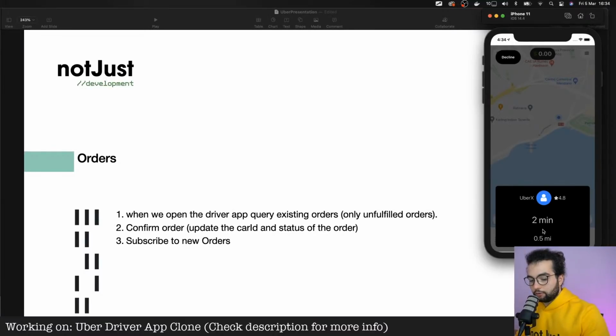So we need to implement fetching the new orders from the API, and then also confirming an order, which means that we will change the status of an order. We will assign the car to the order so that the user will see that his order has been accepted. So yeah, that's a quick overview of what we are doing here.